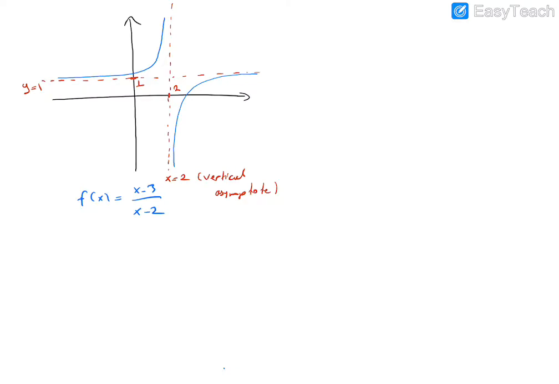So the number of vertical asymptotes of a rational function f of x in general, n of x over d of x, is at most equal to the degree of d of x. Okay, so because these come from the roots of d of x, it does not have to be equal, but the roots, according to the degree of that polynomial, let's say the degree is n.